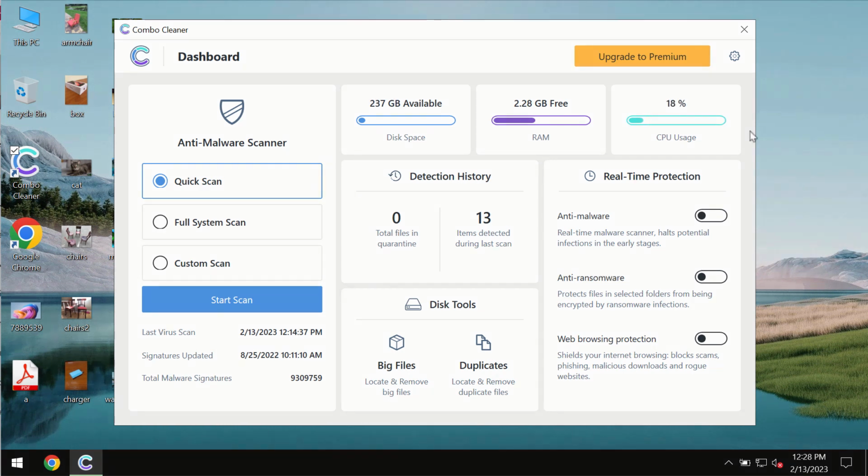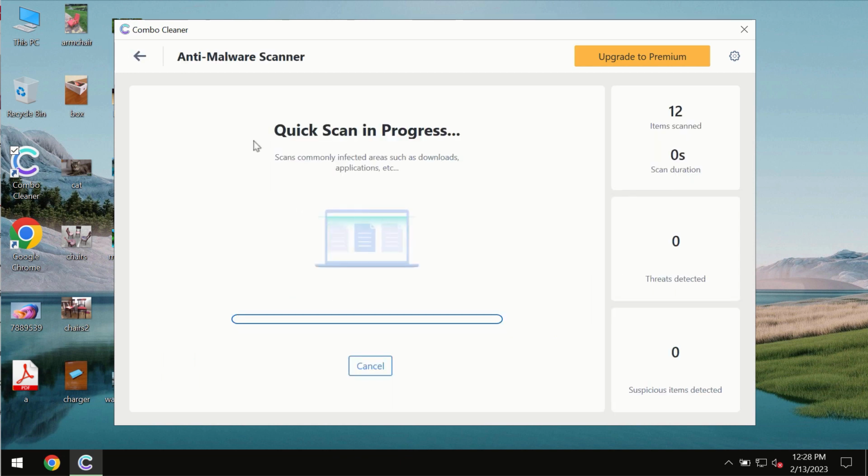system. After you successfully download and install the software, it will initially be in the trial mode. In the trial mode, only the Quick Scan option is available so far. You need to click on the Start Scan button, and most likely the program should first of all update its anti-malware database, which is of course definitely essential for proper detection and removal of any malware, ransomware, adware, or other types